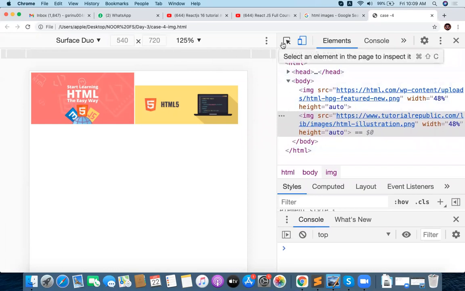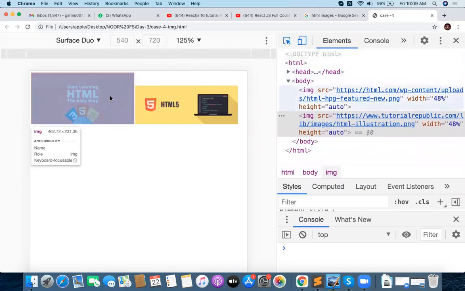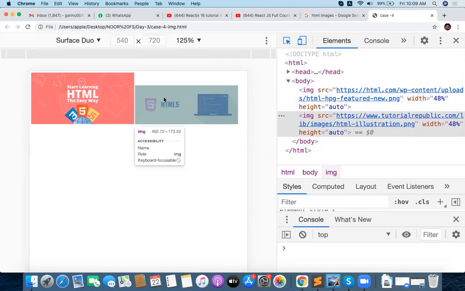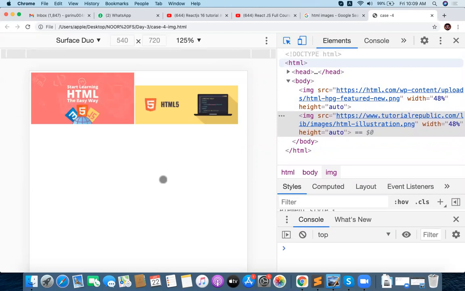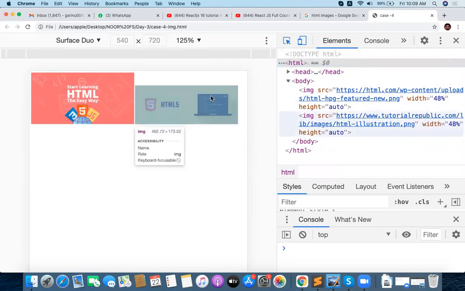Whenever you go to this image, that image is highlighted for you, and whenever you go to this one, this is highlighted. This is completely the body. That is inspection. Whenever you have a lot of elements, you get confused, then you can go with inspection like this. See, it is hovering, right? Whenever you hover on this, it selects that element.